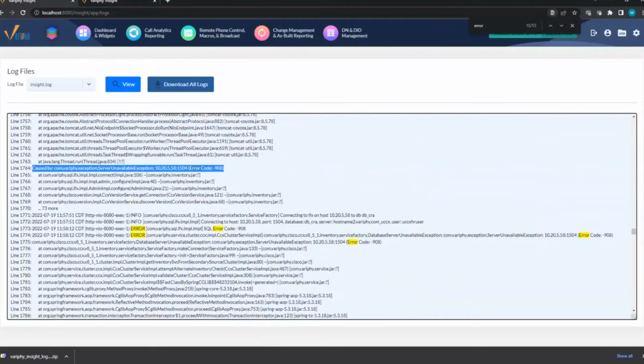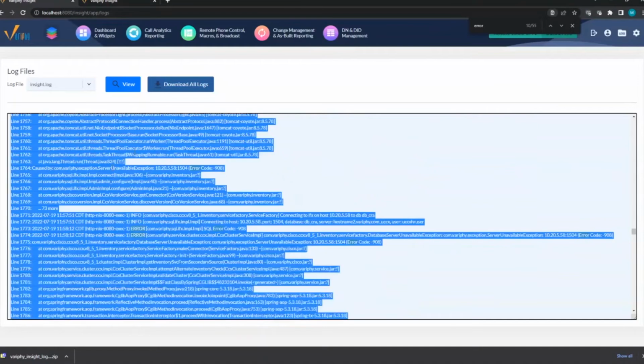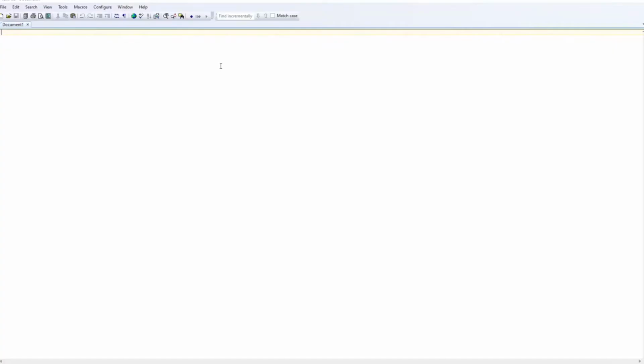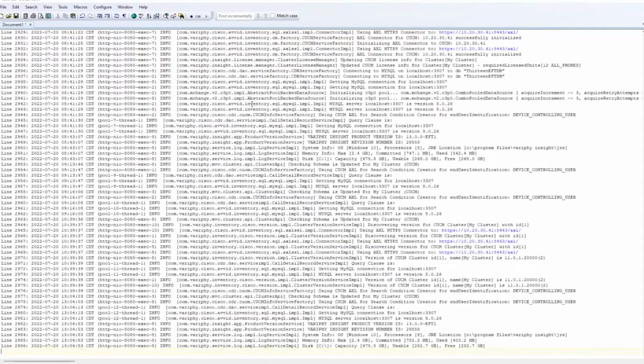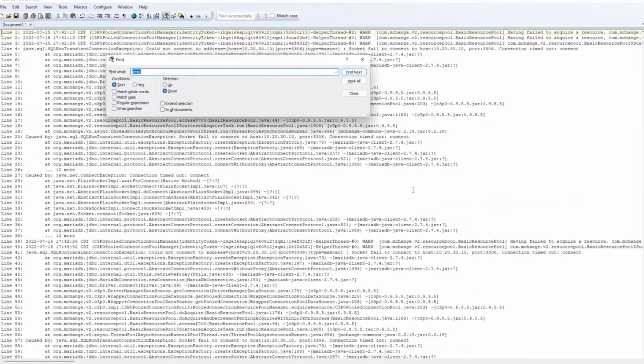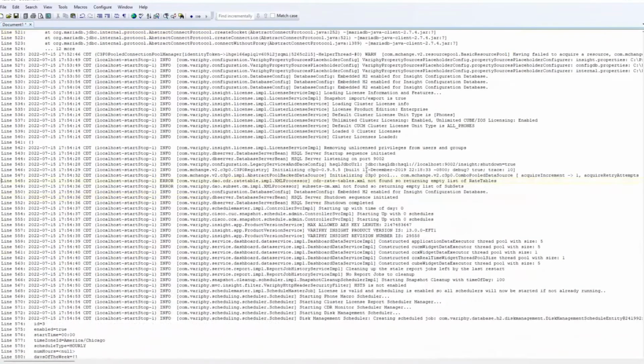Another way you can do it, you can copy and paste the entire file to a text editor, think Notepad++ or Notepad if you really like it. I prefer to use TextPad, just an old habit from back in the day. You can copy and paste that text to a text editor and then search it that way if you prefer. For me, in this case, same thing. I like TextPad. I can search. I can mark all the lines of text that have the word error in them. Copy everything.